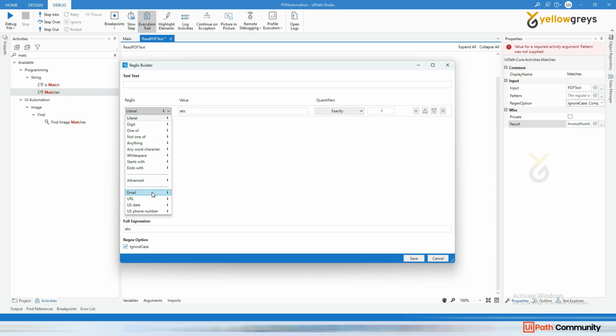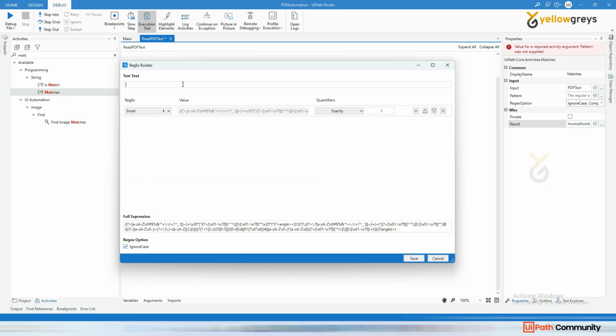So if you select the email, and let's say here I'm going to give something like at gmail.com. Okay, it's highlighted because here is the expression that it's going to highlight the email account. Okay, so here there are default regular expressions, like I want to get digits, then this is the pattern. So let's say I have an invoice